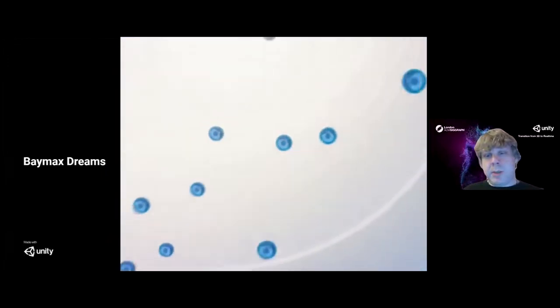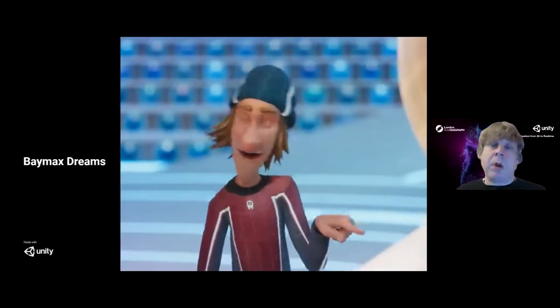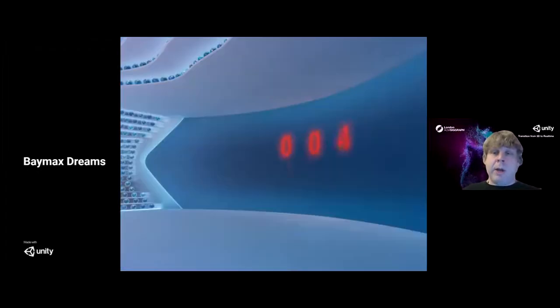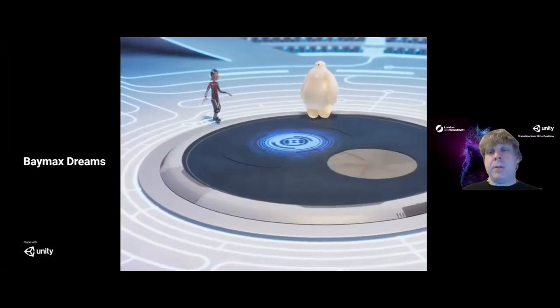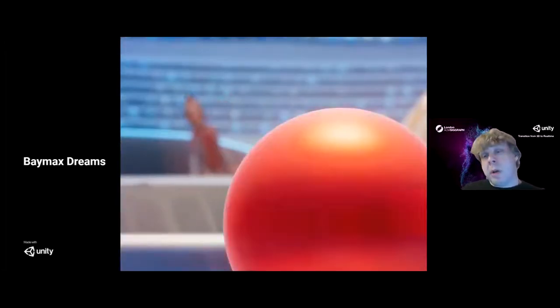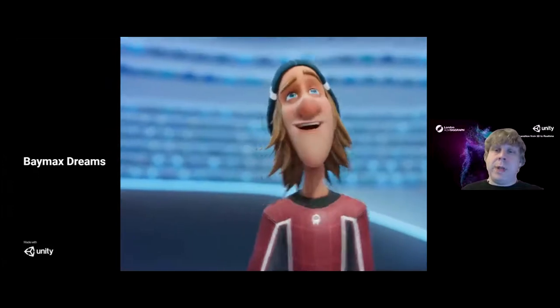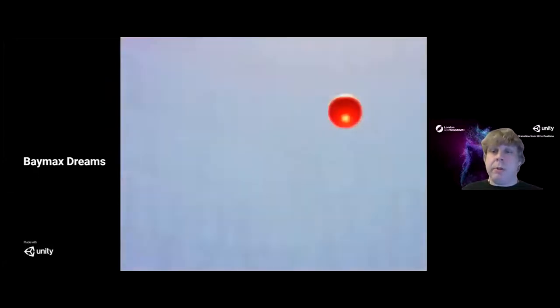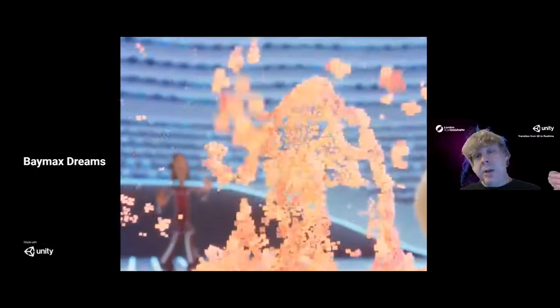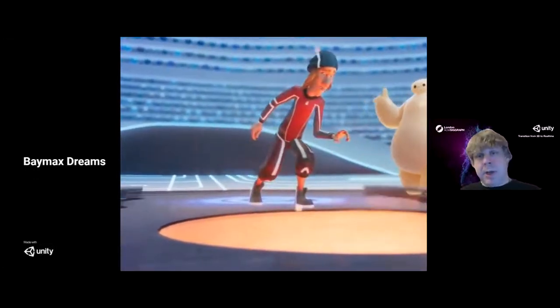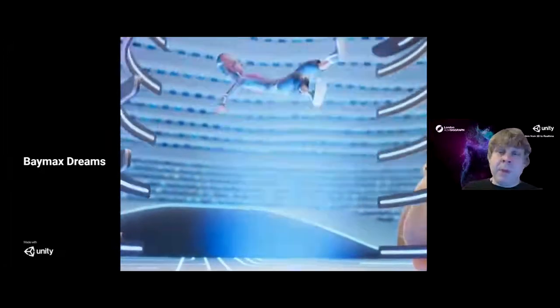This is Baymax Dreams. This short is actually brand new, but we've been working with Disney Television Animation for a couple of years. And they've been exploring how do you reinvent the animation pipeline of tomorrow? Can you just build these living worlds and then film within them, as opposed to going through the traditional waterfall of storyboard to editorial to layout to blocking cameras to animation and back to layout,